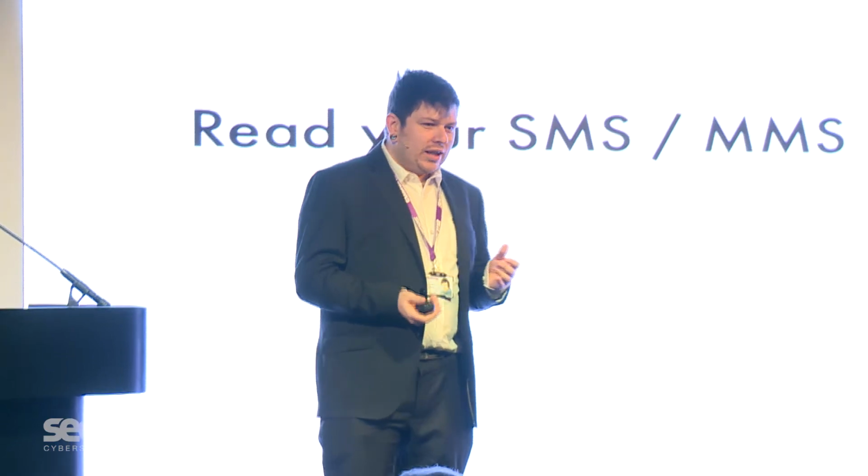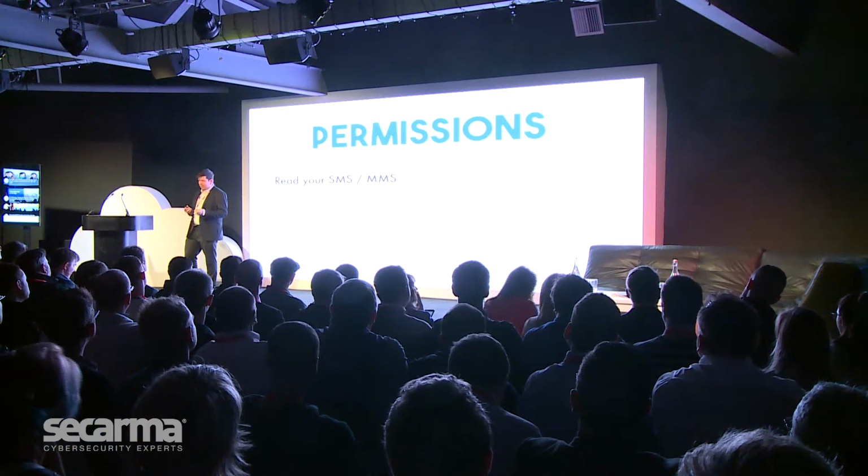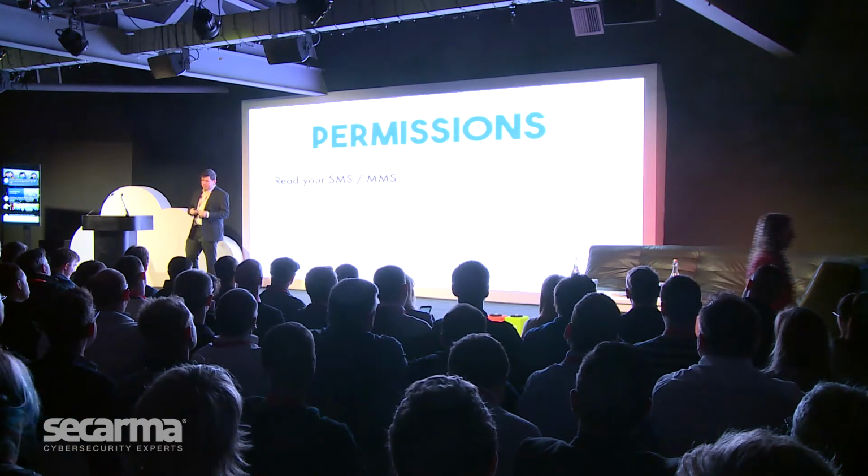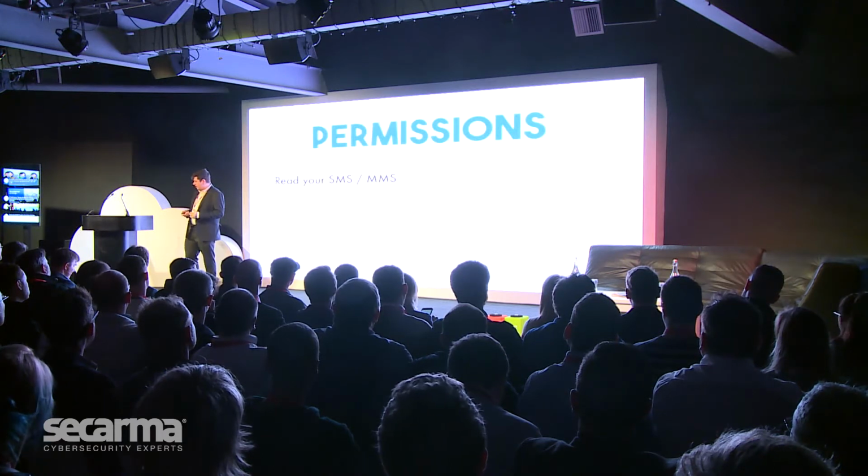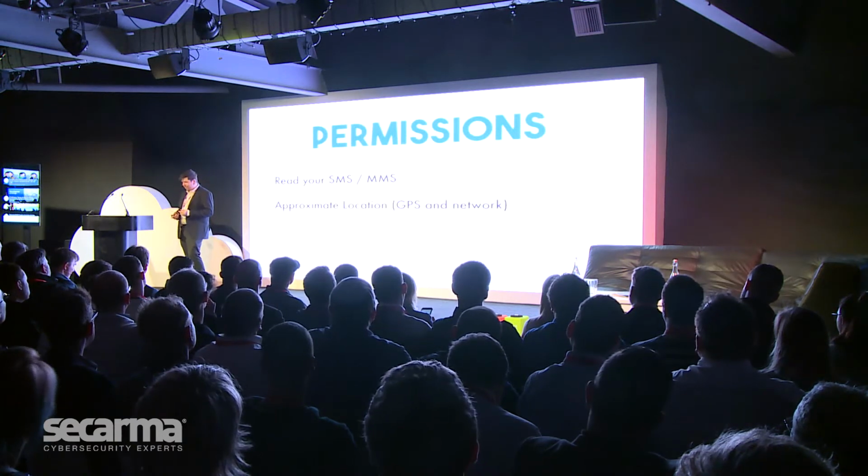So I'm not going to go through all 49 permissions because it's boring and we haven't got enough time. But what I'm going to do is talk about the interesting permissions, the ones that make me think about what's going on with this application. So it wants to read my messages. That's fine. It maybe wants to learn some words that I'm using, put them into a dictionary and help me predict the words for the future when I'm sending text messages.